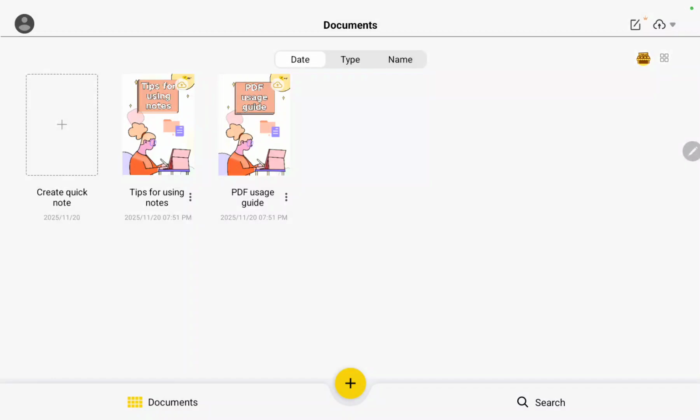Hello guys! In this video I'm going to show you how to move paper on the canvas on the Jnotes